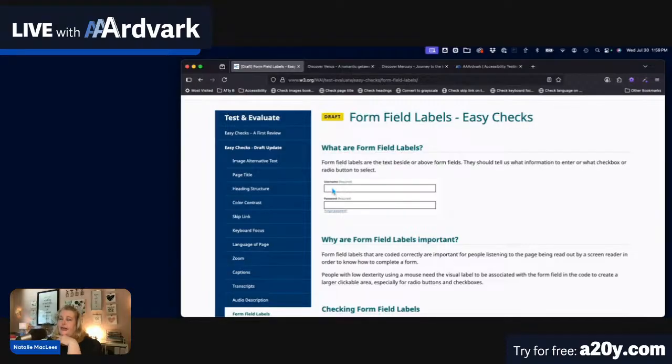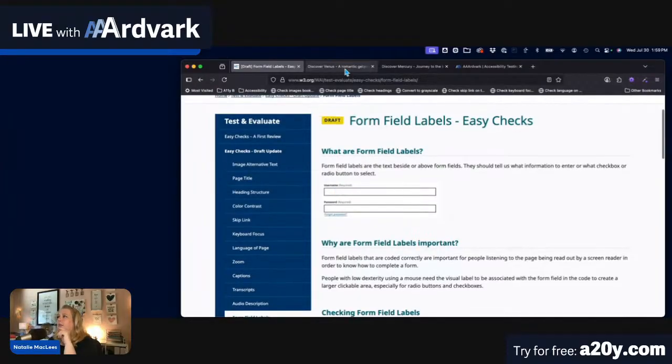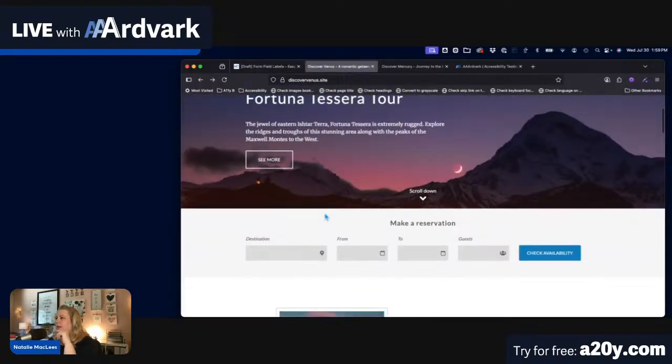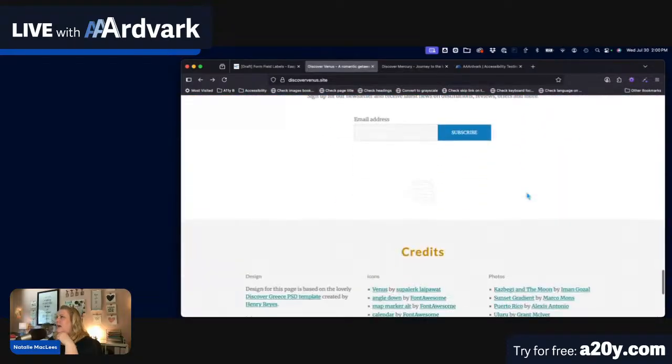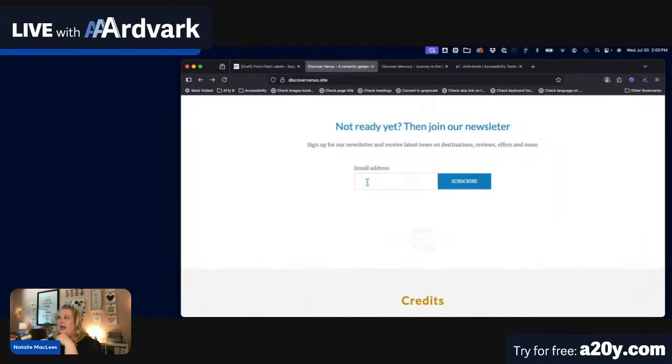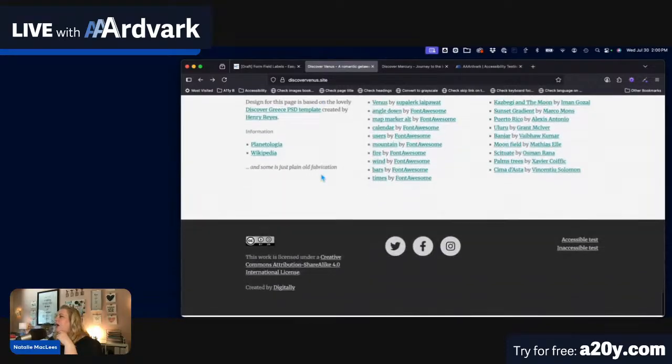There is a really fast and easy way to tell if a form field is associated with its label, and that is if you click on the label, the form field should get focus. So you can see I clicked on destination and this form field got focus. So that is a fast, easy shortcut to see, is this label actually programmatically associated with this form field? So I'll try this one now. Yes, it is. And yes, it is. Okay. And then I think there's one more down here. So we have email address, and I can see that my cursor shows up in there